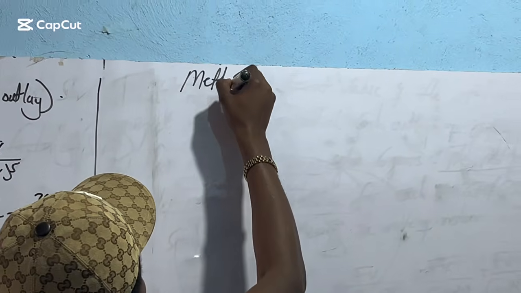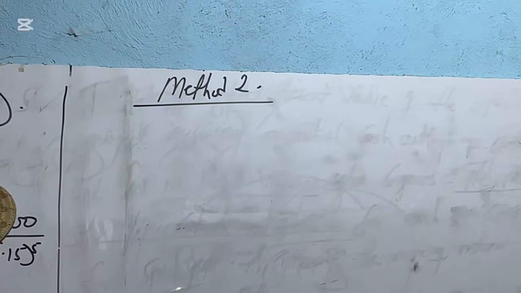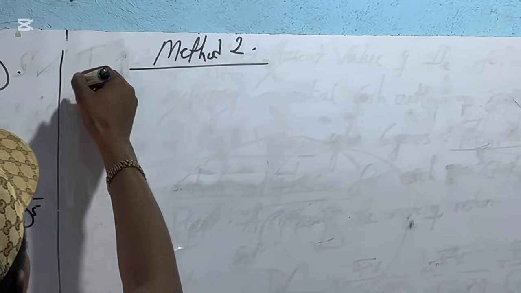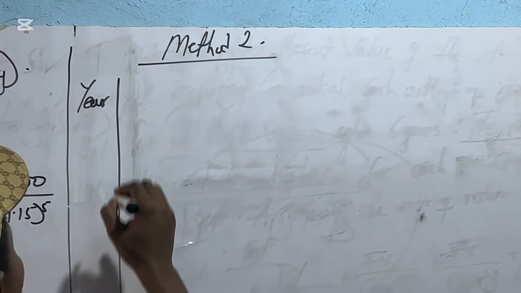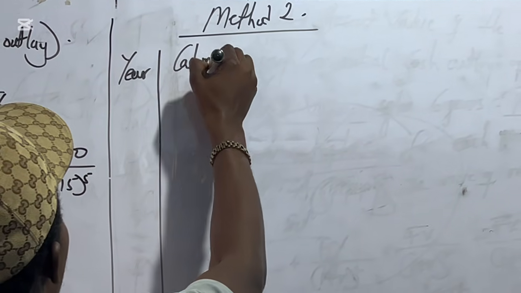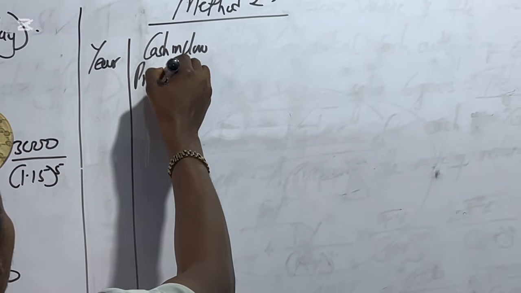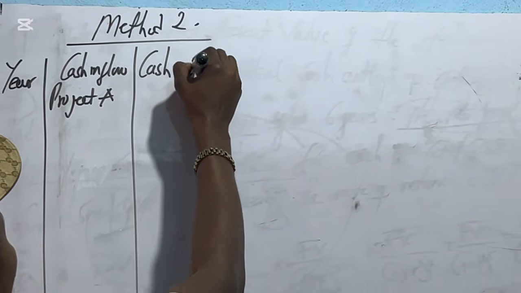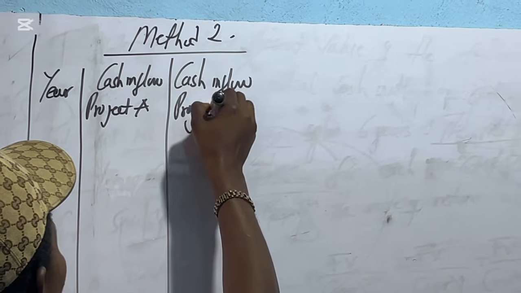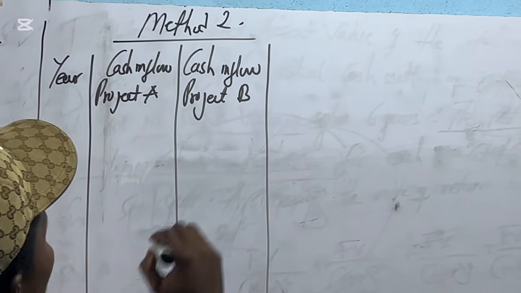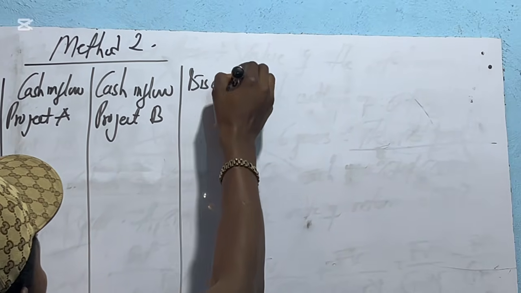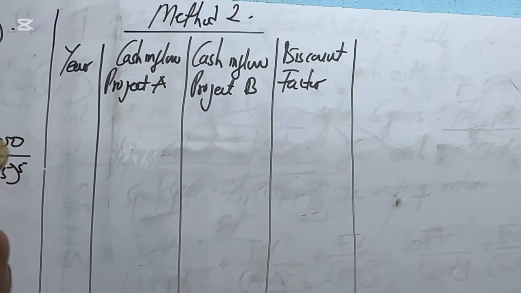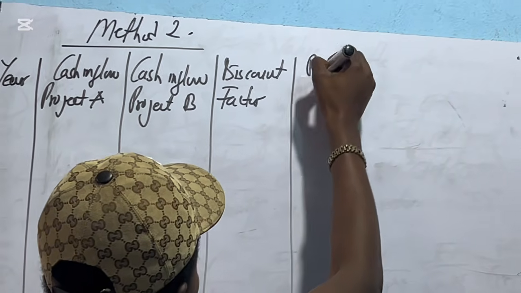Now let's look at method 2. Under method 2, we are going to use the table method. So here, what do we do? We have our year. Then we look at the cash inflow for project A. We look at the cash inflow for project B. And then we look at what we call discount factor. Discount factor. And then we look at the present value